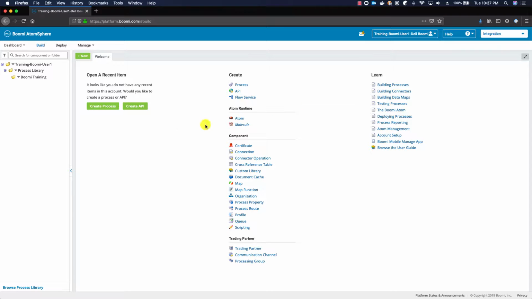Hi, today we will see how to install a Cloud Atom in your training account. Once you have logged into platform.boomi.com and you will be able to see this main page, click Manage, click Atom Management,